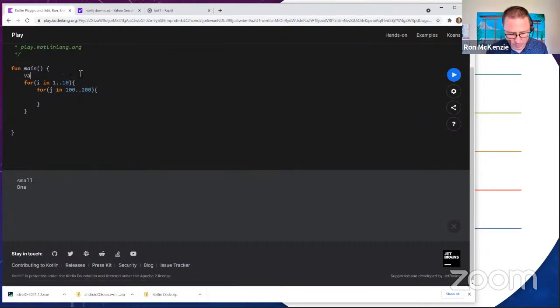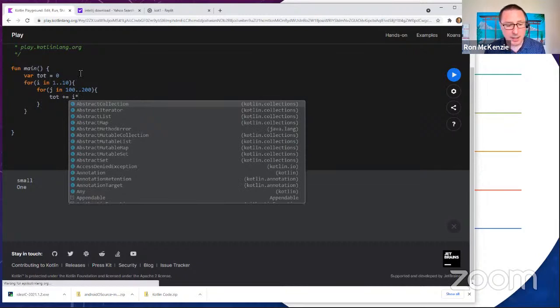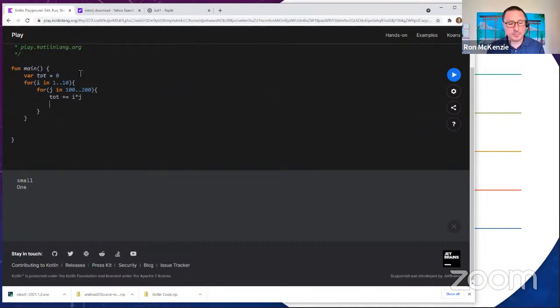And we got some var, some total equals 0. And I don't know, we got something weird going on, like total plus equals i times j. Supposing at some point, if total is greater than 10,000, say, we'll reach that pretty quickly, I think,